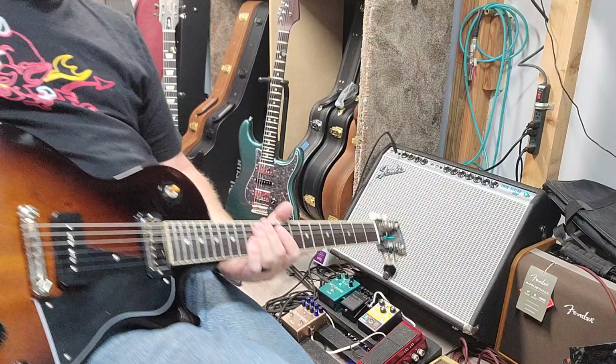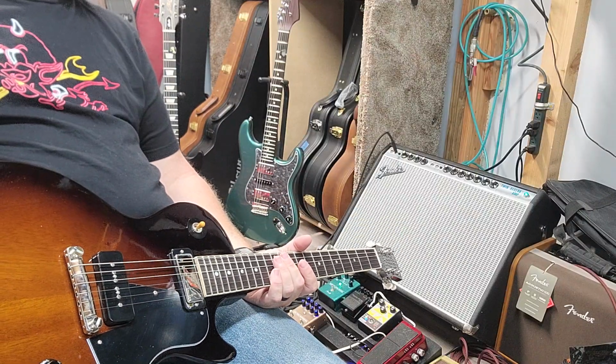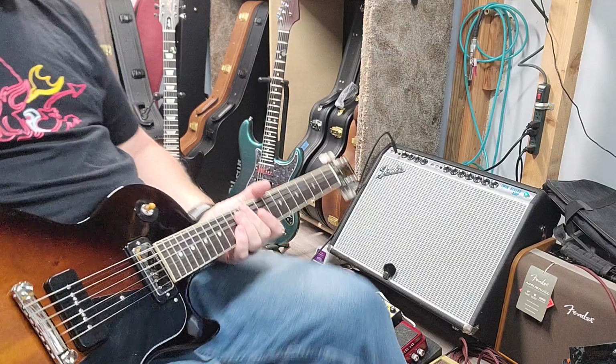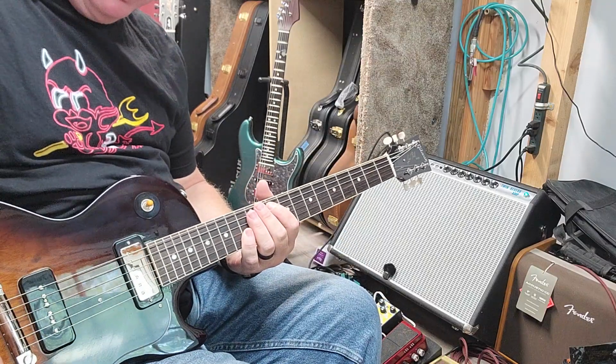So, at the end of the day, for this guitar, fuzz, not my favorite. Metal Zone, probably my favorite. That or just the clean tone, because the clean tone is really just nice. I mean,